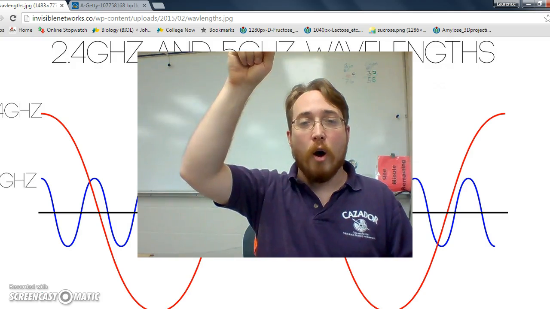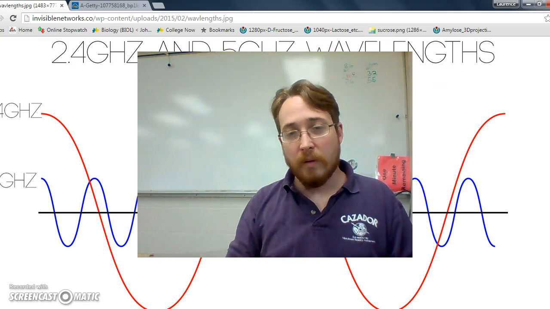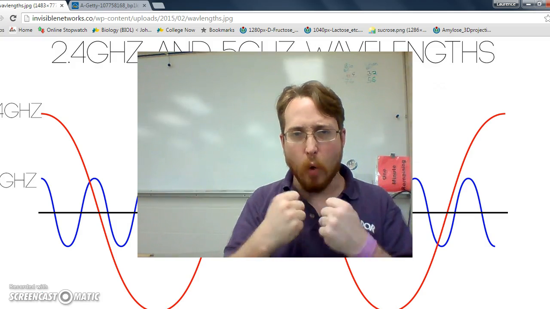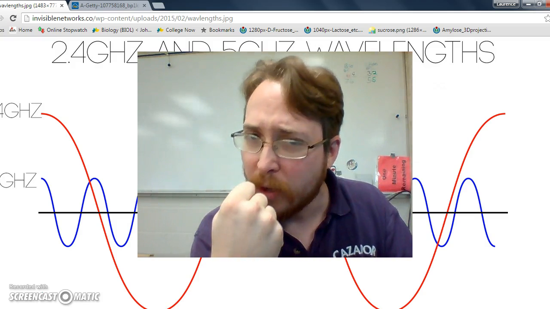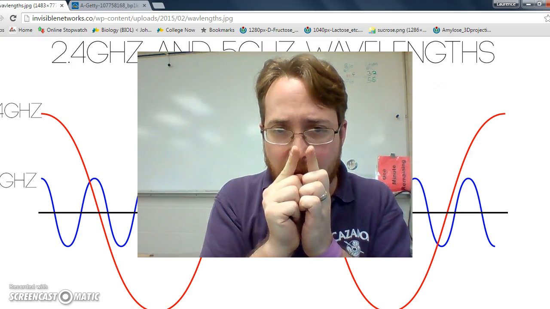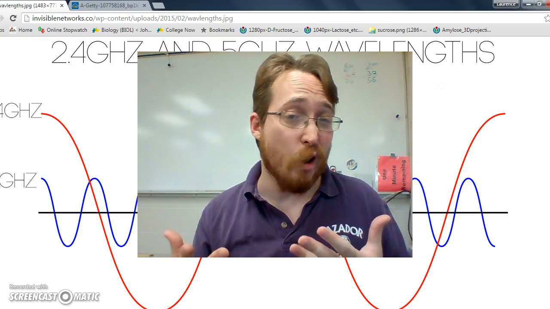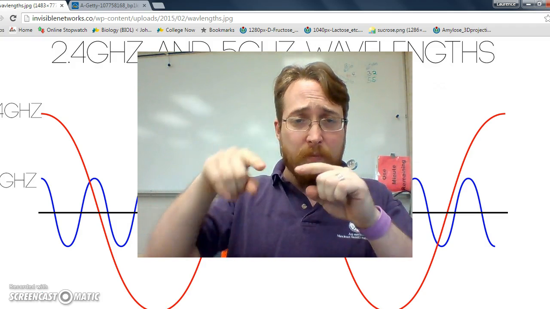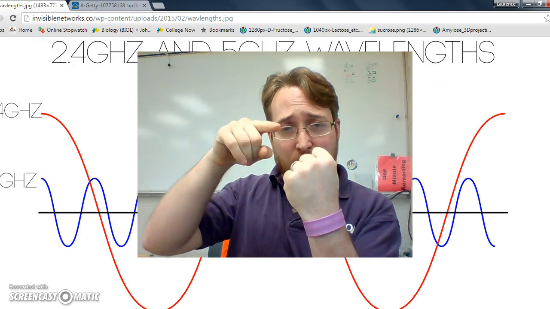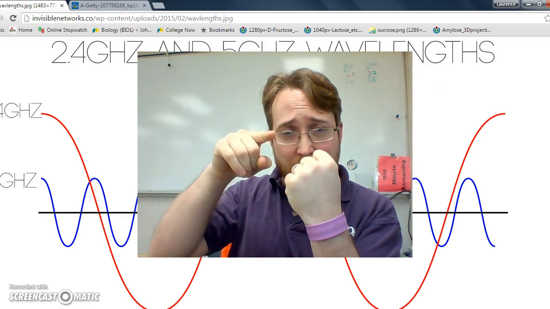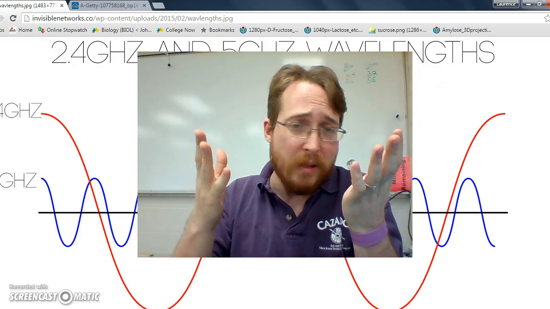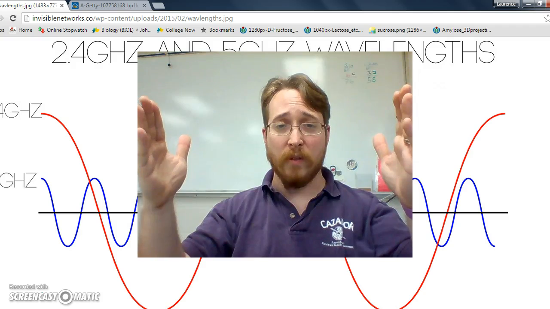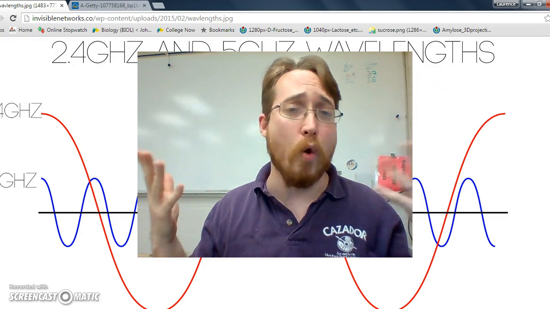The farther the electron travels back down to the nucleus, the more energy it's releasing. And if it's releasing more energy, then you're going to have a tiny wavelength, and you're going to have a darker color, like purple. If we've got the nucleus here, and the electron gets a little bit of energy, and then it comes back down, it just releases a little bit of energy, which means the light that it releases is not going to have a lot of energy, which means it's going to have a long wavelength, and it's going to have a warmer color, like red.